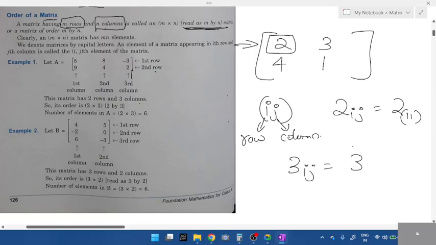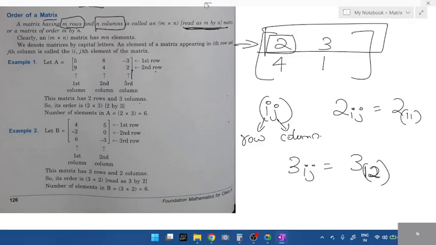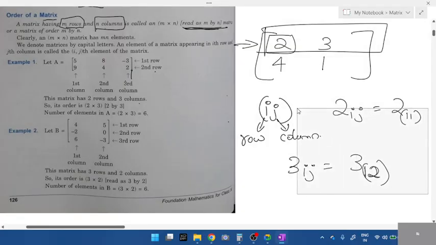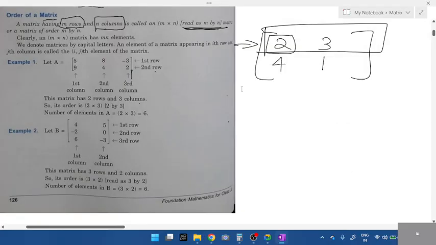Position. Let me take 3, i comma j. Tell me, where does 3 lie? Which row? How can it be in second row? This entire thing is first row. Yes, first row, second column. So what will you write? 1 and which column? Second column. Yes, 1 comma 2, or 1 and 2, students. That is the value for 3. What about 4? Fourth one lies in which one? Row 2 and first column. What number will you assign?